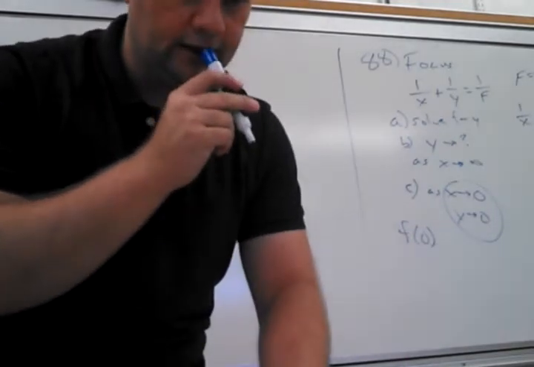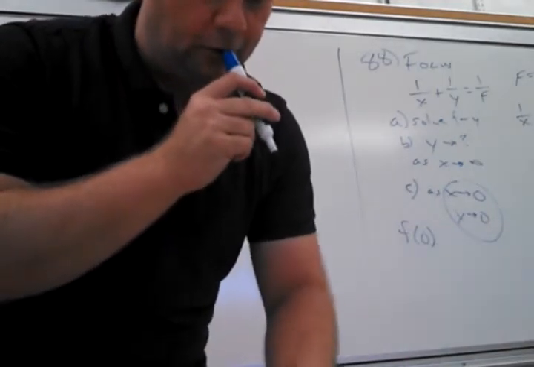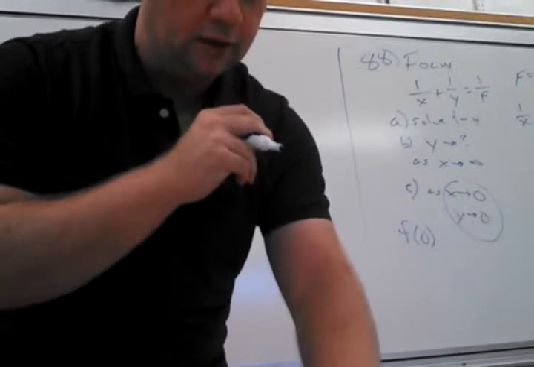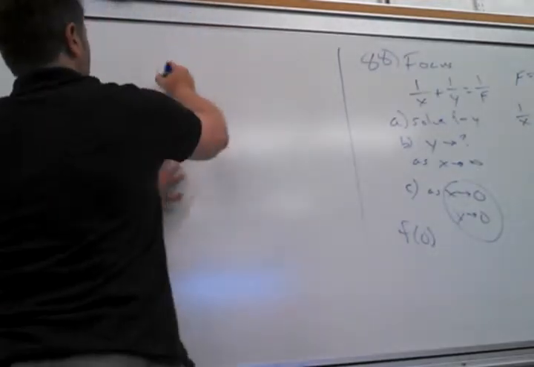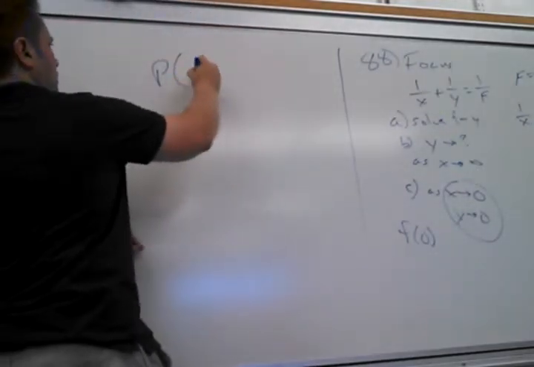So 87 says, Doppler effect, the observed pitch P is a function of the speed of the train. So the pitch that you hear